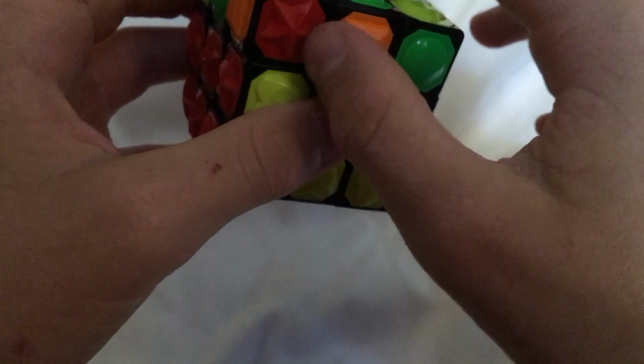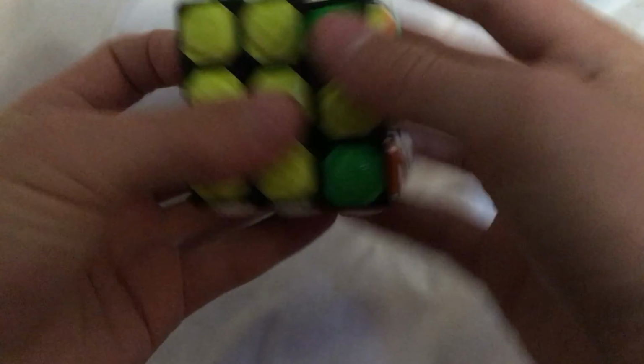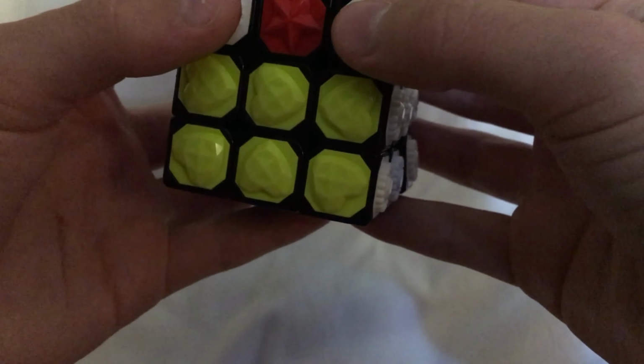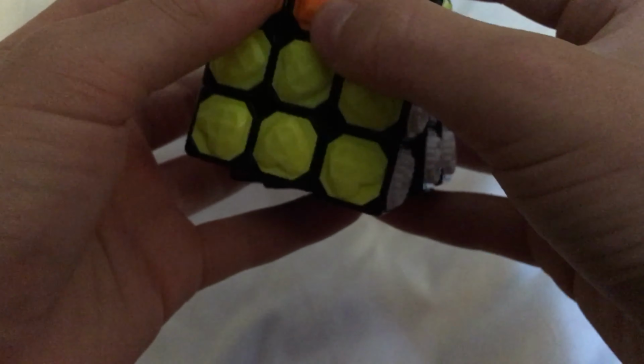Okay, so now we feel. So there are 2. And now I feel up here. Okay, so there are none. So I go like this, and I know that this is pi. Now I've got the full face. And then I feel around for headlights. So the flowers are headlights, and this isn't a flower, but it's opposites, which means